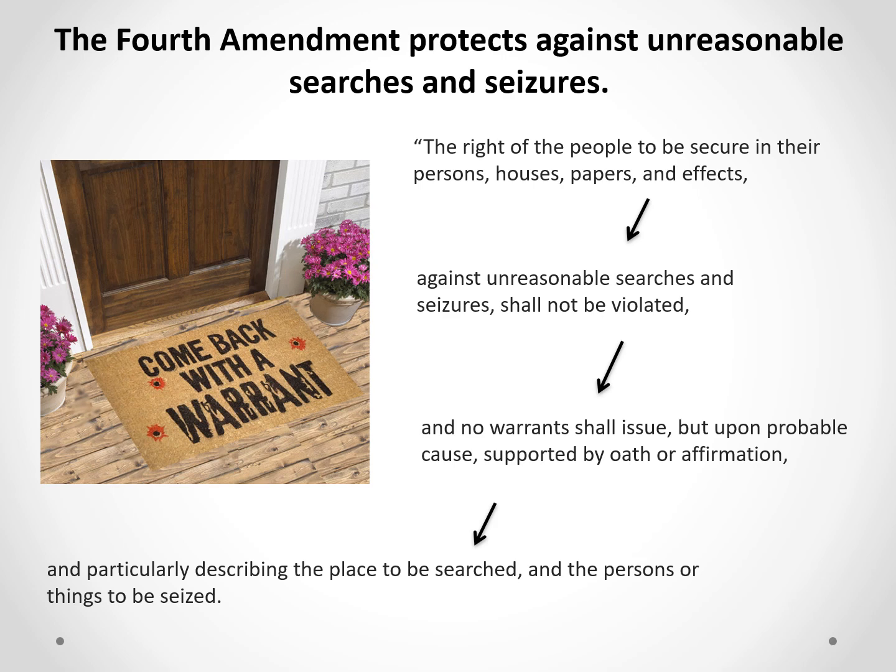They can't go off of, you know, a totally anonymous, unverified tip on the phone. Has to have some kind of evidence that will give them probable cause to suspect that a crime has taken place. And the police officer has to support this warrant by oath or affirmation. The officer has to swear the warrant under penalty of perjury.